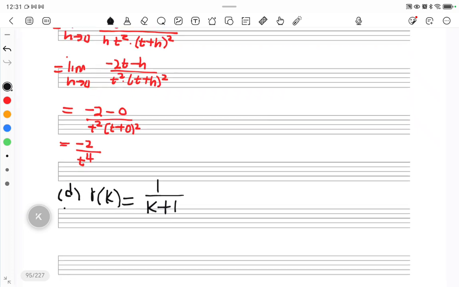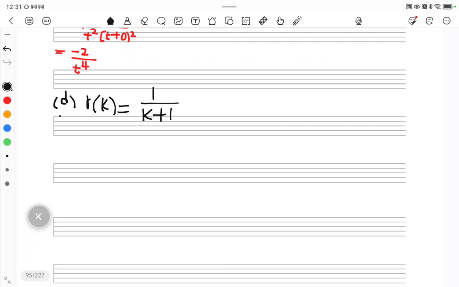So if we have r of k is equal to 1 over k plus 1, it means that we can write the formula now,